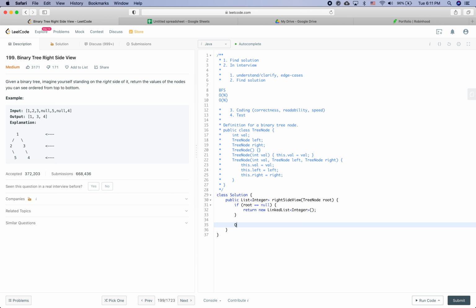So first of all, we are going to define a queue, not integer, it should be tree node. It is a queue, and we use a linked list as the underlying implementation for the queue interface. Alright, so first of all, we are going to put root into the queue, and while queue is not empty,